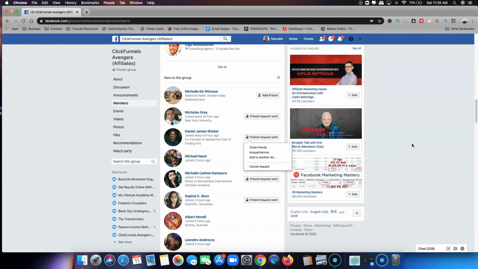Again, I'll put the link to this extension in the description down below. And again, I'm reminding you, don't go overboard, don't go crazy with adding the friend request. So guys, these are the 2 ways with which you can add 5000 friends on your Facebook. Again, I'm telling you, it's a personal choice. If you want to add 5000 friends, or you're happy with 1500 or 2000 friends, it's all personal choice. It's all dependent on your business strategy, as to what strategy you are following in your business.